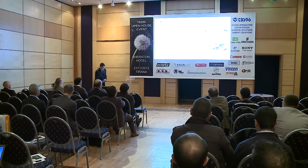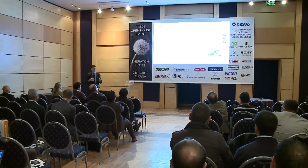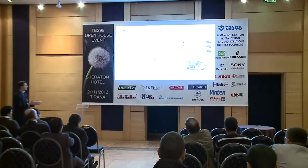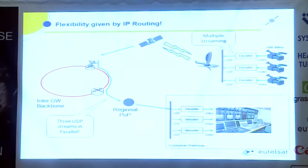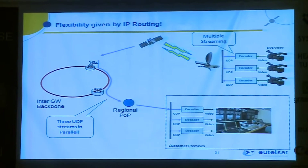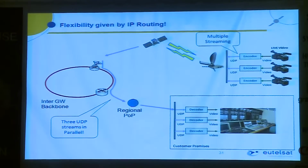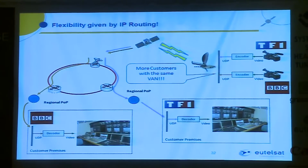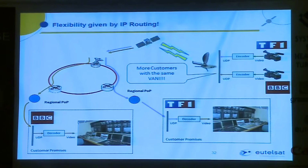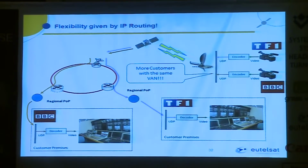This is a case where from the same van or the same terminal, more than one transmission is going out. So, for example, you have a van at an event, and there is no other means to transmit, and there are 2 or 3 reporters. You can put 2 or 3 encoders on the same side and transmit 3 different signals that later on can be split to the channels. So it can be a game changer for the channel itself,